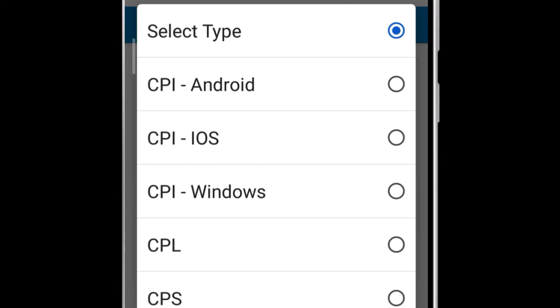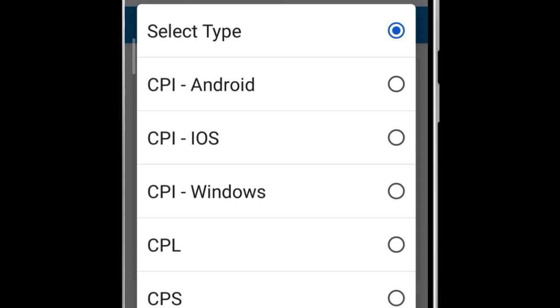So I hope you have understood these three basic terminologies and the differences. CPI means cost per install. If the app is not installed, you simply won't get any commission. Cost per lead: if the client does not fully fill up the form, you don't get any commission. They need to complete the registration process and everything related to that. CPS means cost per sale. Say a shoe: if the visitor finally buys the product using your link, only then you will get the commission.